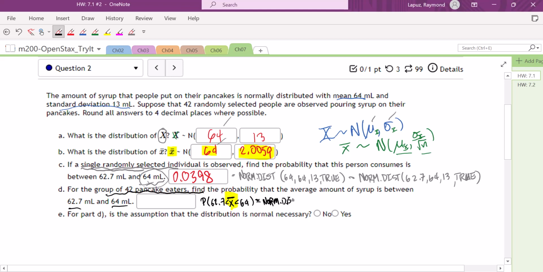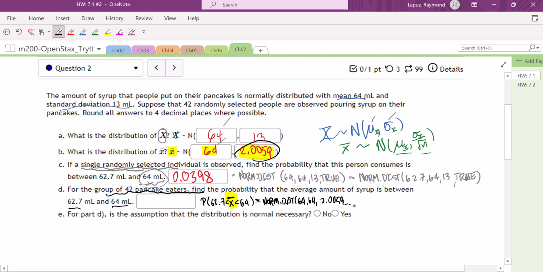Norm.dist, and then 64, 64, 13, well, not 13. So this is where it's different. Instead of 13, we're going to put in this value, 2.0059,